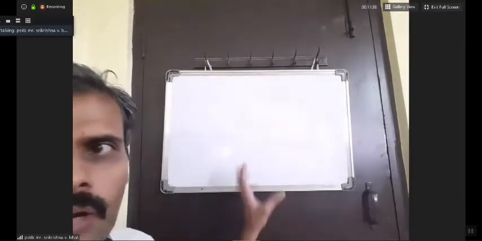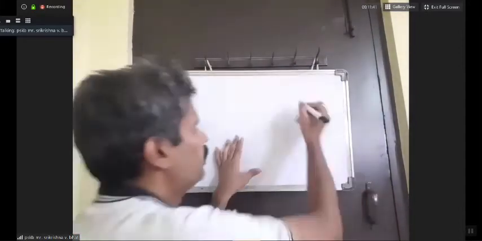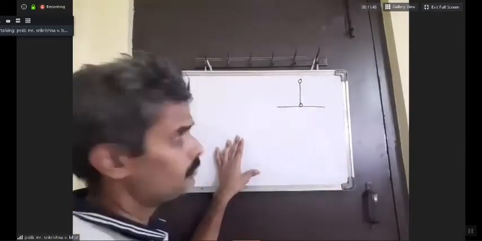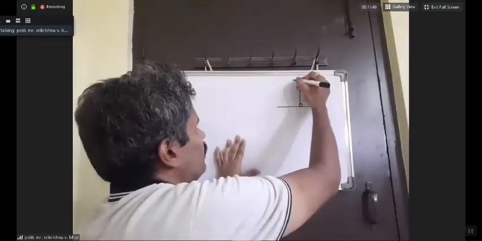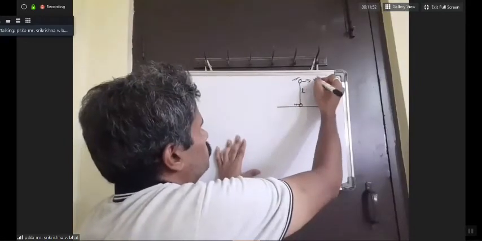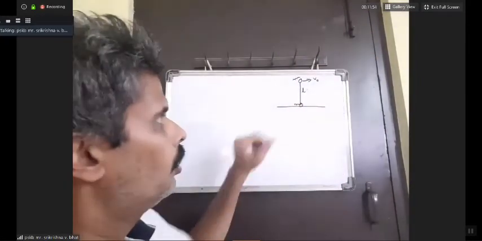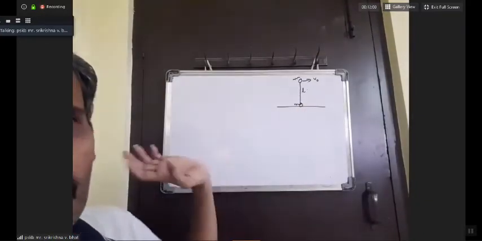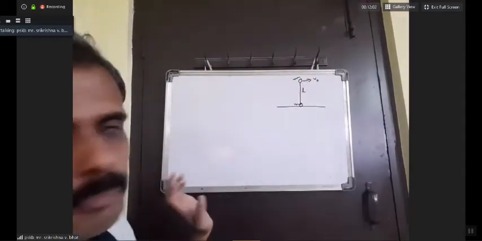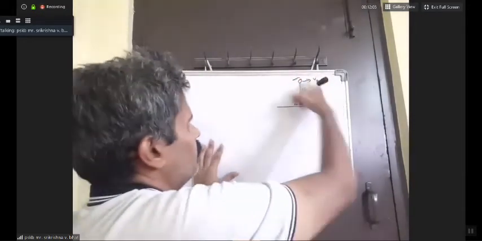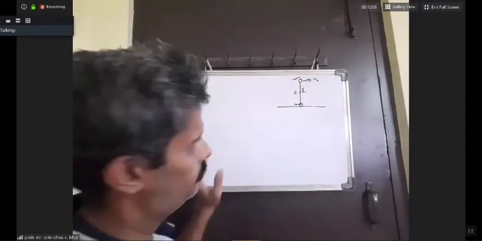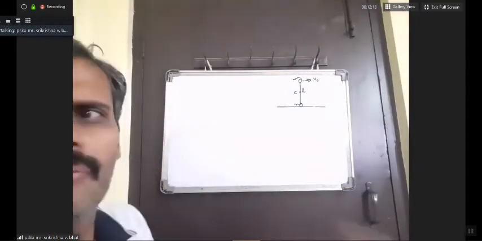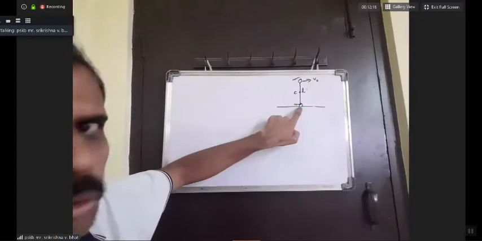One way of approaching this is like this. We will take two masses placed like this, separated by a length L, each having mass m, and this one is given a velocity. The initial velocity of the lower mass is zero; it does not acquire any velocity initially as soon as this one is given velocity. Suppose the center of mass of the system is over here. I'm just using the concept of center of mass, but we can do it without that also. You can take this point as your reference if you want.